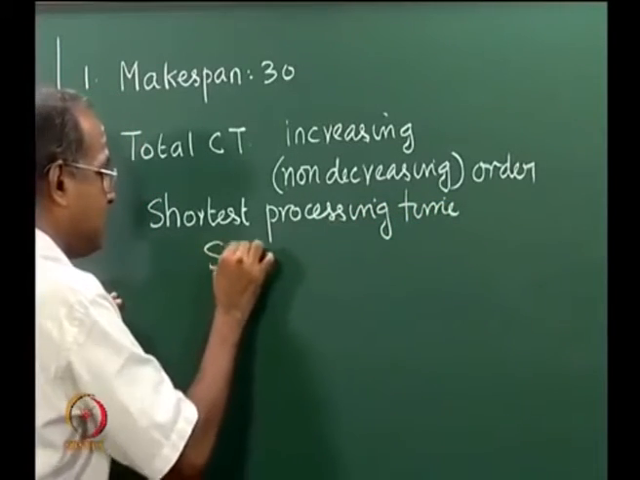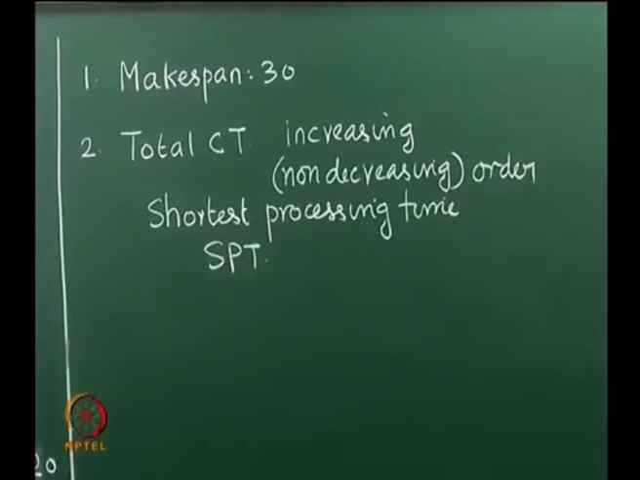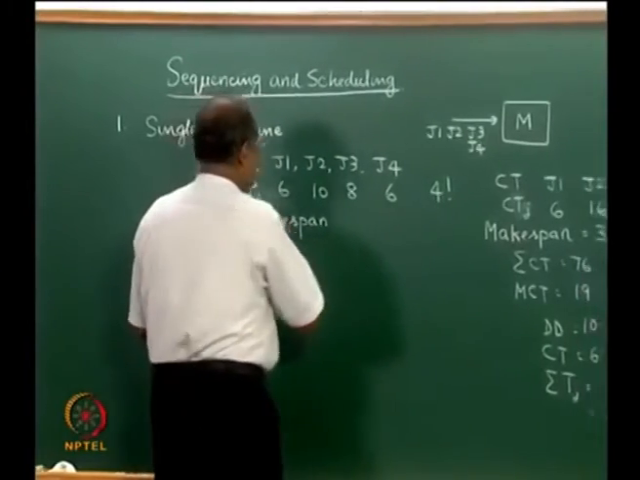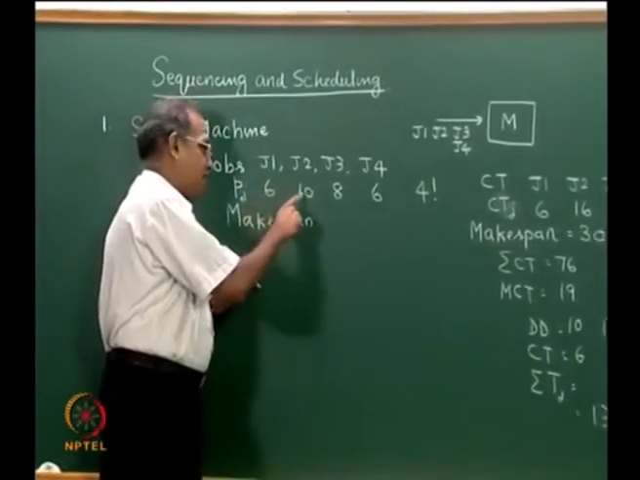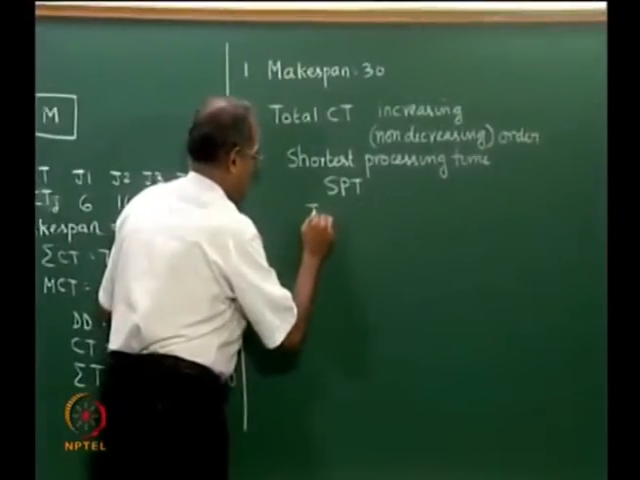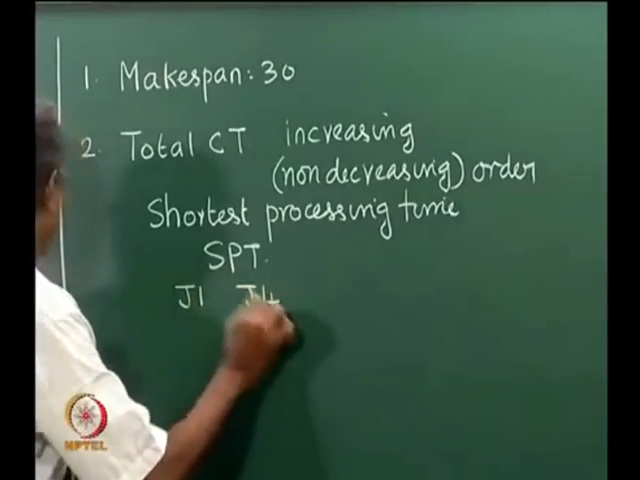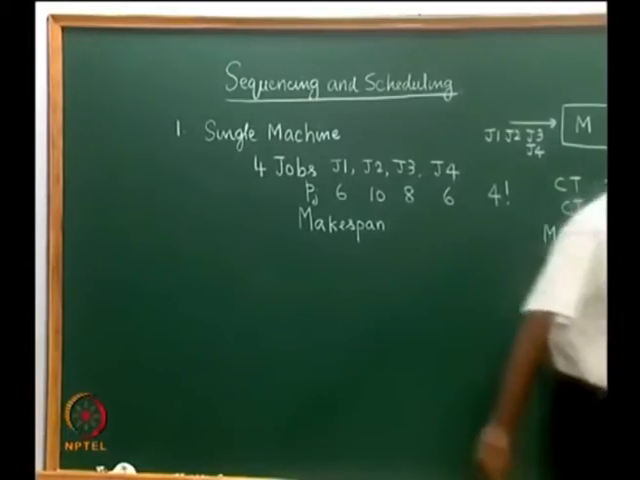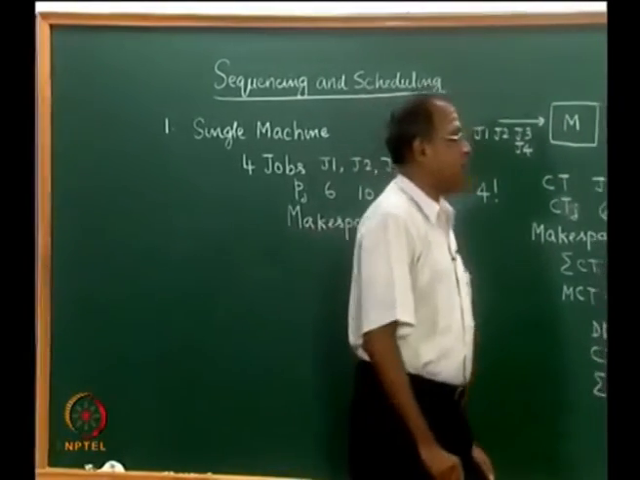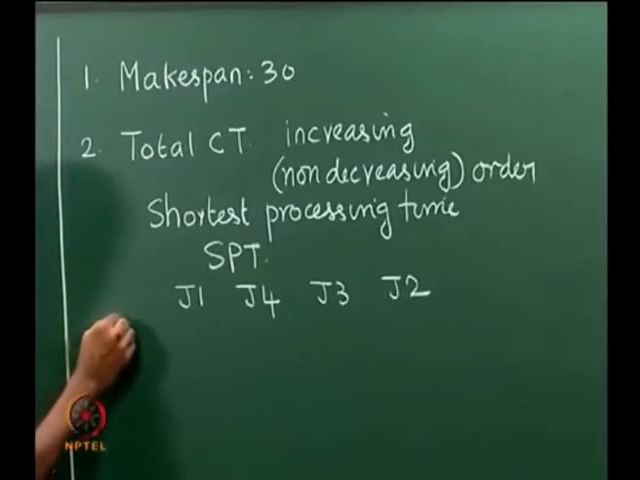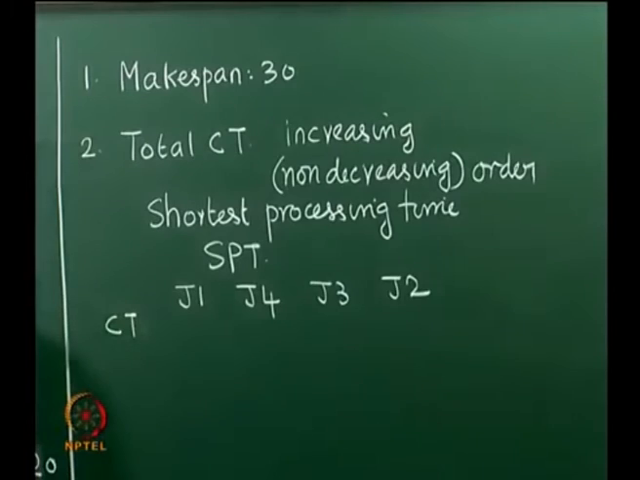Also called SPT. So arrange the jobs in increasing or non-decreasing order of processing times to get the sequence. Now the processing times are 6, 10, 8 and 6. So we arrange them in the order J1, J4, J3 and J2. Now the moment we order them as J1, J4, J3 and J2, the completion times are: